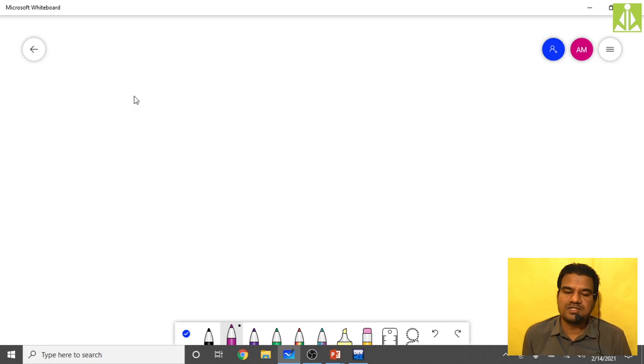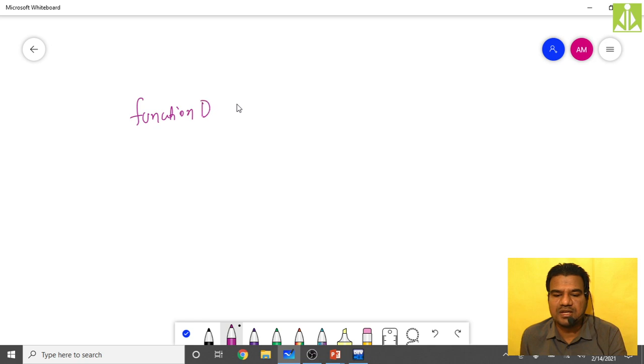When we talk about functions, we are going to have three things. The first one is function declaration. Then we have function definition.